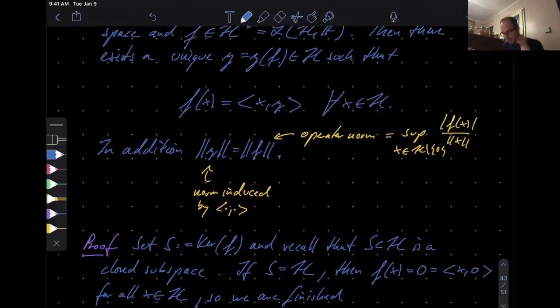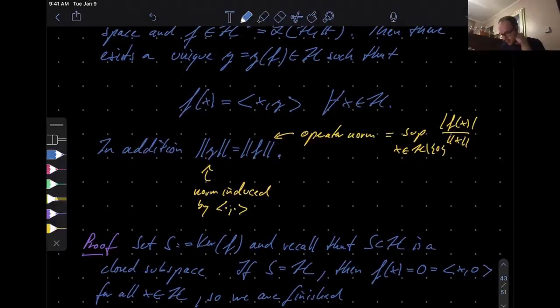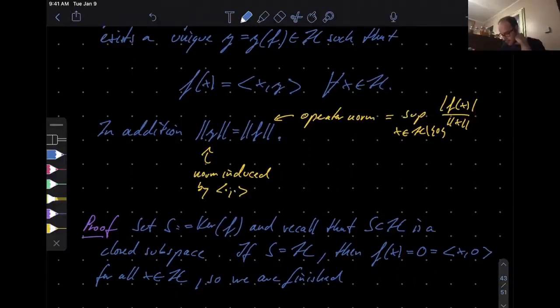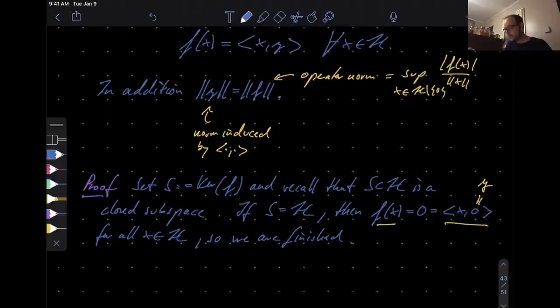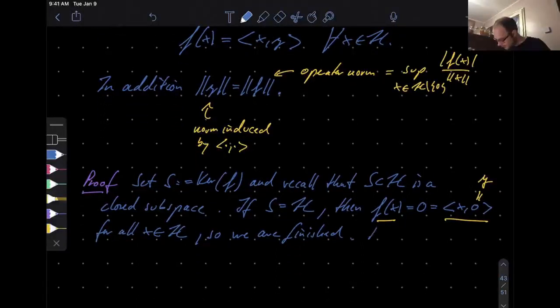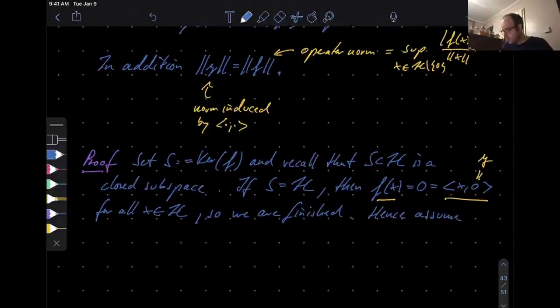So we are finished in this case because up here it says for any given f, I can find a unique vector y such that I have this representation. But if S is all of the space, then f of x is equal to this one, and here is your choice of y. Okay, and you're done. That's easy. Now of course, harder. Hence, assume S is a proper closed